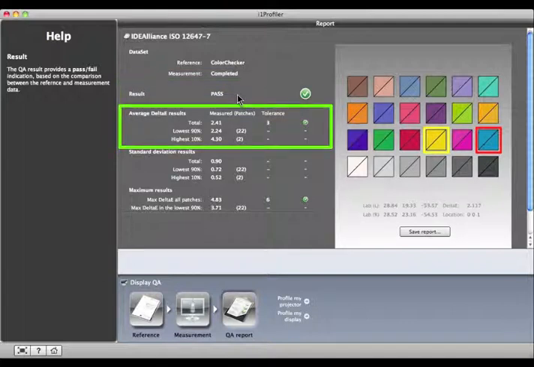Here are the average delta E results. The average delta E of all of the measured patches is 2.41. Since the tolerance is 3, we are within tolerance. The lowest 90% of our patches, 22 of them, are at 2.24 delta E. They're our best matches. There are 2 patches that represent the 10% with the highest delta E, or the poorest